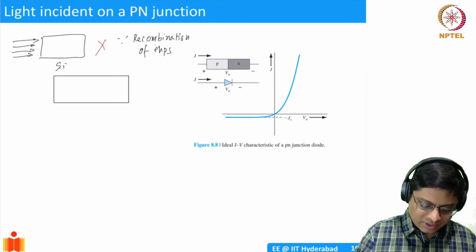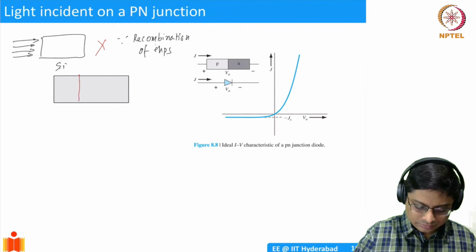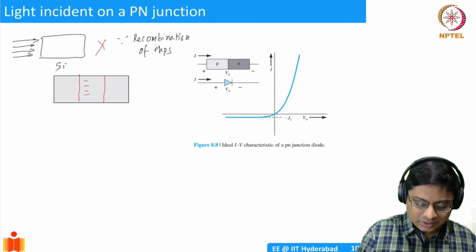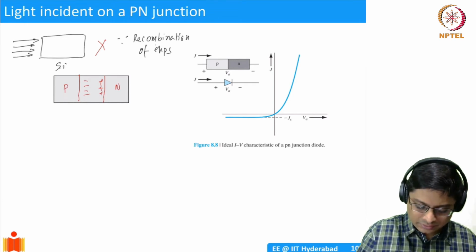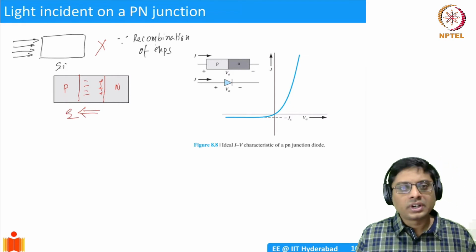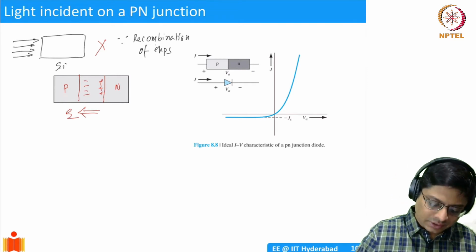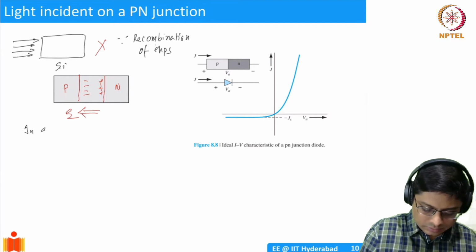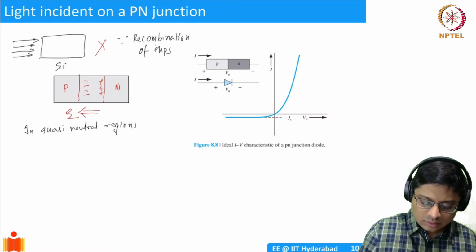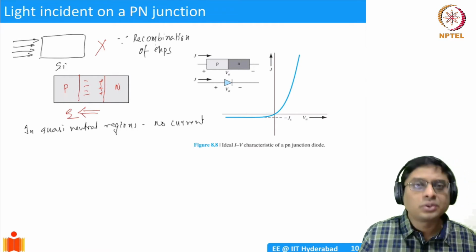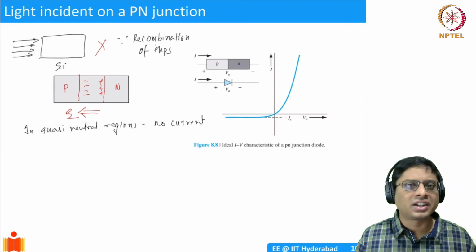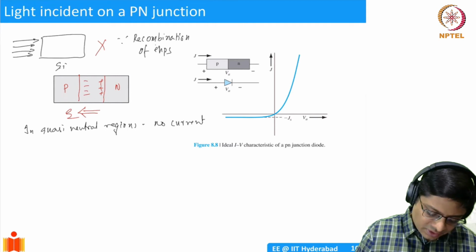So let's say I have my PN junction this way, and there is a depletion region here, right? There is a minus and there's a plus. This is P type, this is N type. So we know that the electric field in this PN junction is in this direction, right? So now if you shine photons, what happens? If you have quasi-neutral regions, in quasi-neutral regions, no current. Why? Because there is no field. There's a very, very tiny field. It doesn't really result in current. But in the depletion region,